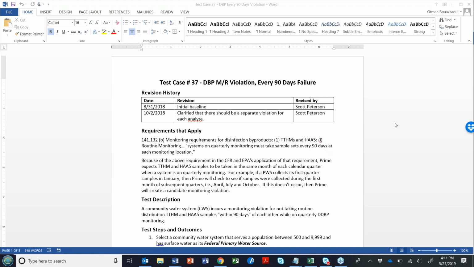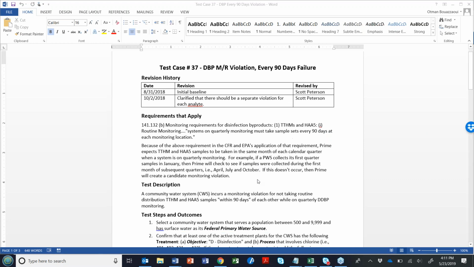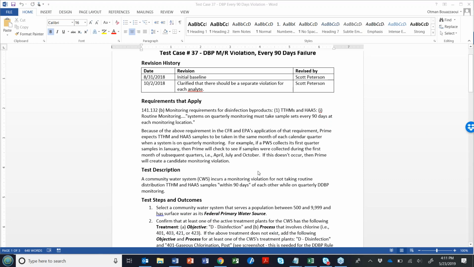For this one, we're going to look at a community water system. And we're going to set a requirement to collect samples for TTHM and HA5.